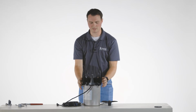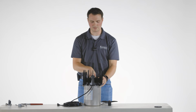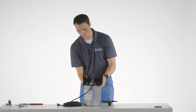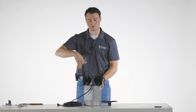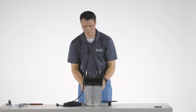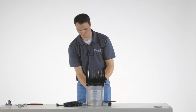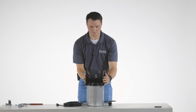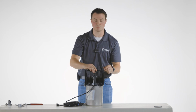So the sequence that you want to tighten the VX clips around the unit would be start with the flange that's opposite of your cord cover first. And then work counterclockwise. The reason being is that it pulls the guard the correct way where there will be no rubbing between the